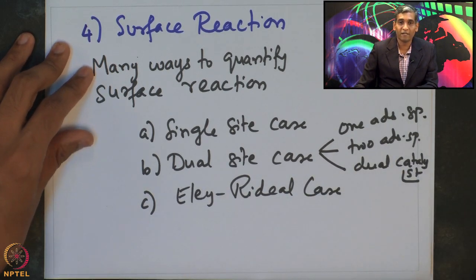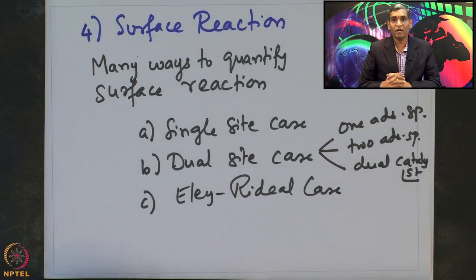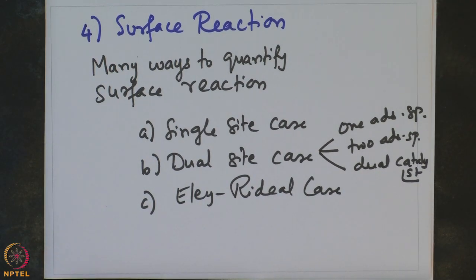3 different possibilities. So, what we have covered in this lecture is we attempted to quantify the adsorption process. We attempted to find out the rate at which the adsorption process happens and how to relate the concentration of the species which is adsorbed onto the active sites to the partial pressure of the species in the gas phase. So, in the next class we will start looking at how to quantify the surface reaction. Thank you.